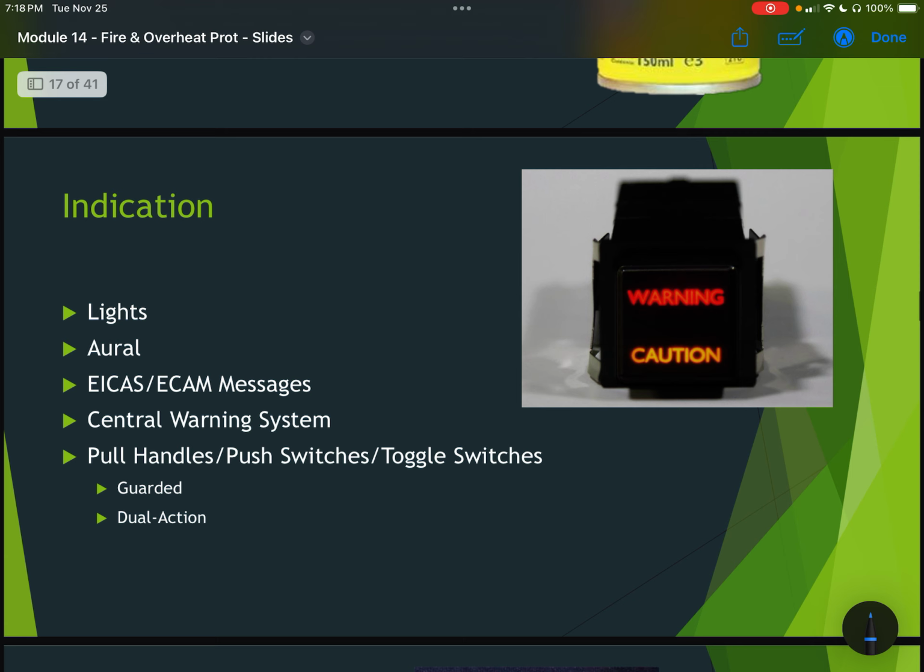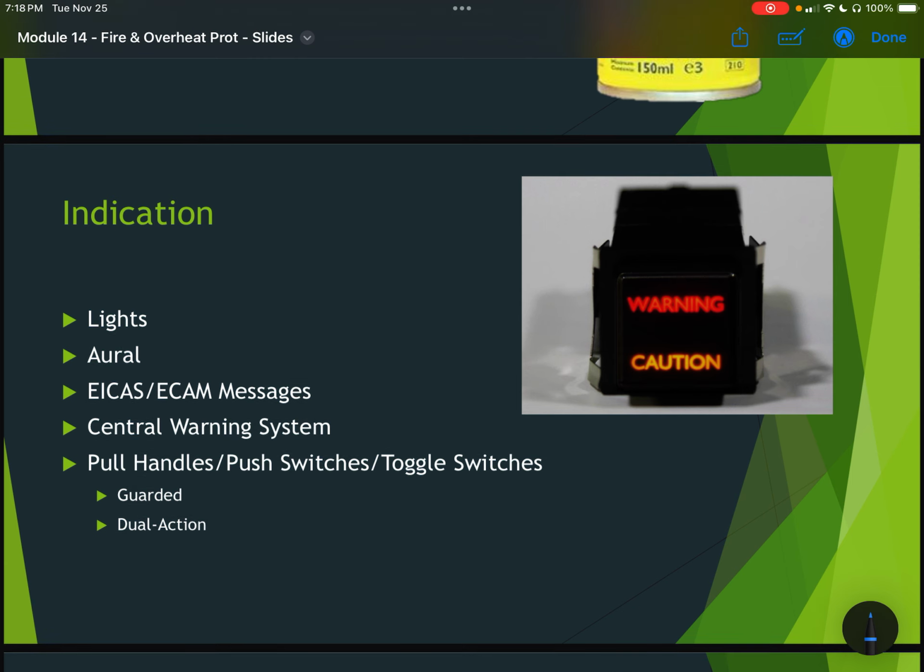With all of these systems, then, they send those signals out, and we're going to have various forms of indication, as I talked about above. So, we'll have visible or visual indications in the forms of lights, ICAS and ECAM messages, and things like that. In addition, this bottom point here, pull handles, push switches, toggle switches, these are going to provide indication as well. And these are the actual pull handles, push switches, toggle switches that are used